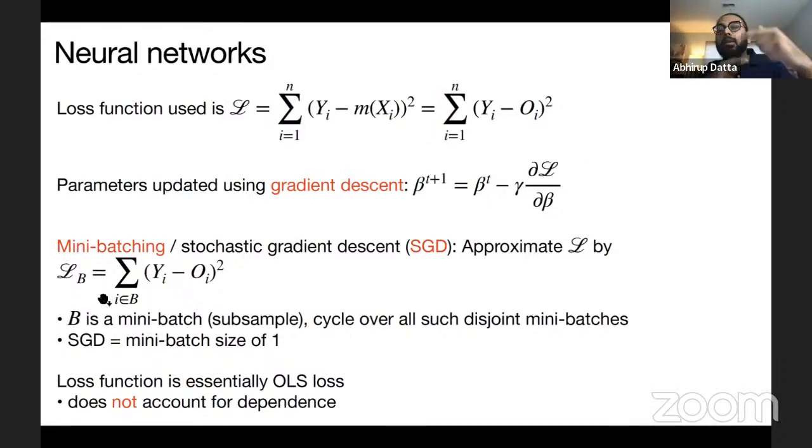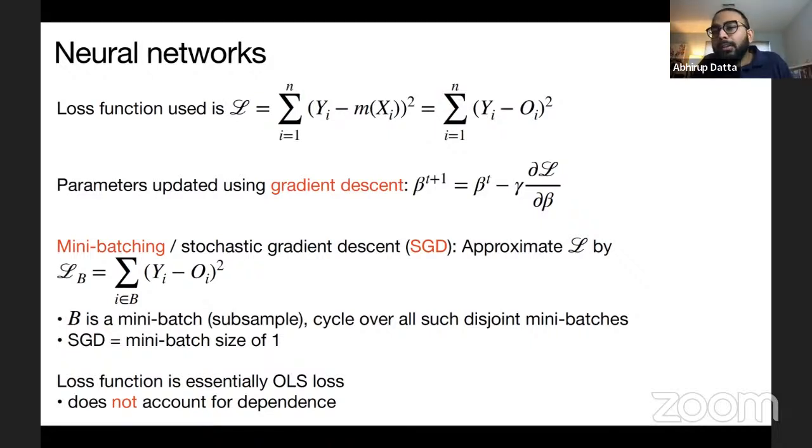And then it will cycle over all such mini batches and proceed like that. Stochastic gradient descent is a specific case of mini batching where the mini batch size is 1. So at each iteration, you will only use one data point to evaluate the loss, and then you'll cycle through all data points. That makes the evaluation of the loss function much simpler, especially if you have large data sets, and it becomes much faster, which is why it's very convenient to use neural networks for this task.